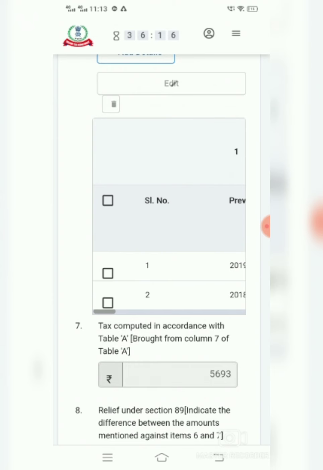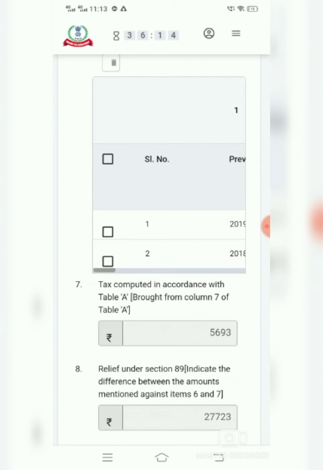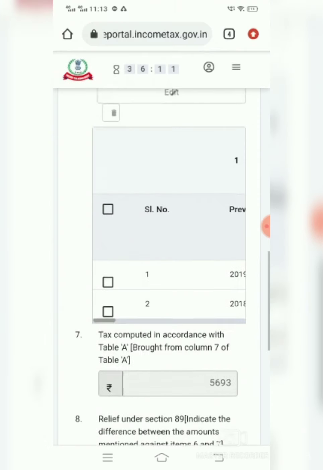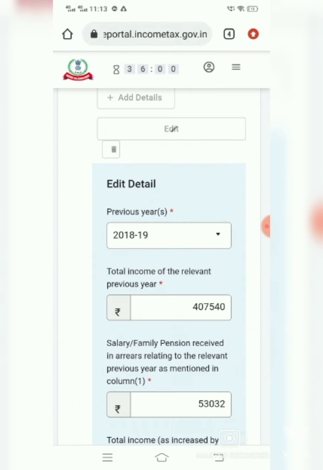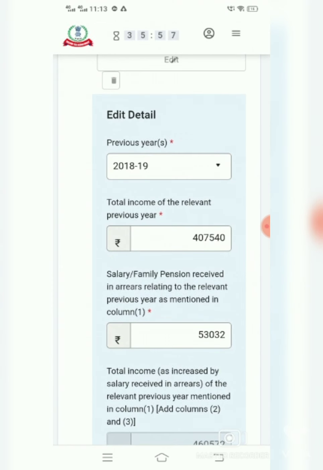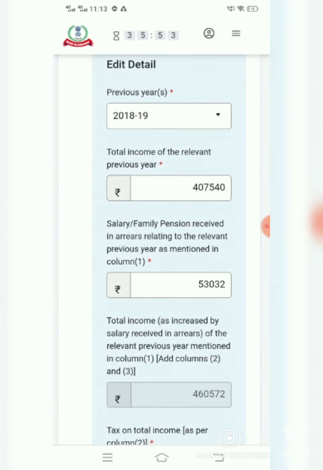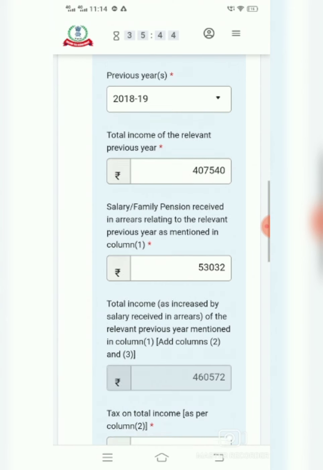I have already filled it and it is in draft mode, but I want to show you, so I will go to the edit option. For 2018 I will first go to the edit option. Then I am giving details of 2018-19. Total income of the previous year, meaning 2018, when I filled the ITR, the total taxable income was 407,540.